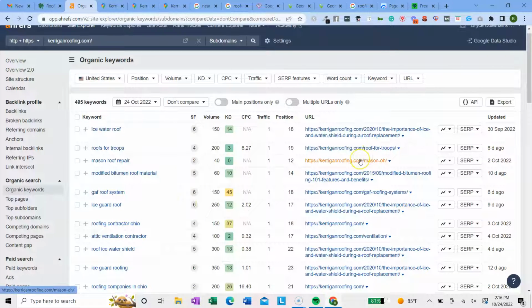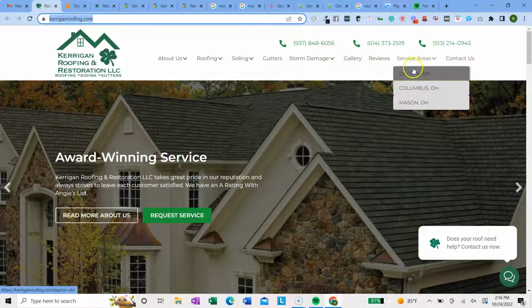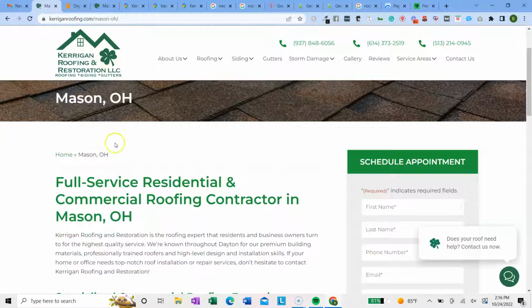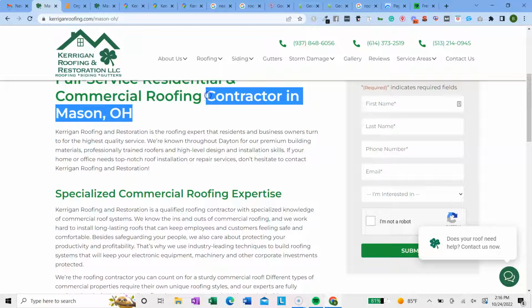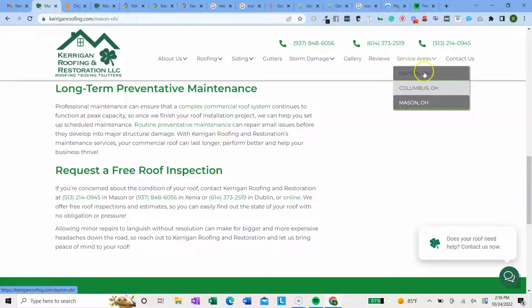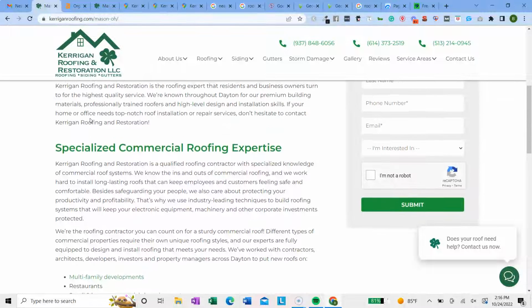So in order to do that, I would recommend working a lot on location pages. I noticed that you guys had 3 location pages here, service areas Dayton, Ohio, Columbus, Ohio, and Mason, Ohio. But the location pages didn't really have keyword-rich content. I mean, you're just saying that you're in Mason, Ohio, and actually you can probably rank just with having the keyword in the H1 tag in the header here because Mason, Ohio is so low population. But you're never going to rank in Dayton or Cincinnati without a really good location page, which has keyword-rich